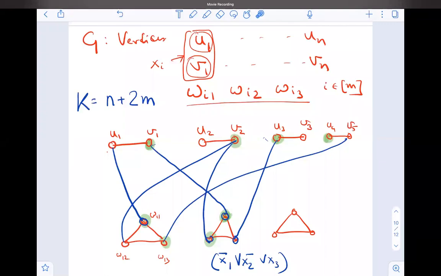So any vertex cover of n plus 2m vertices, since it will have this structure, we just have to show that there can't be any, since every single cross edge is also satisfied. That means that there can't be any triangle which has two selected vertices and no selected vertices in the top row. Exactly. And hence that means that has to be a vertex cover of this triangle setup.